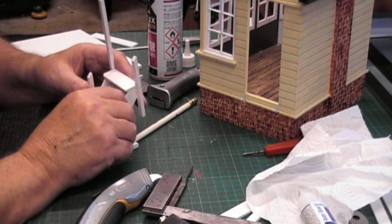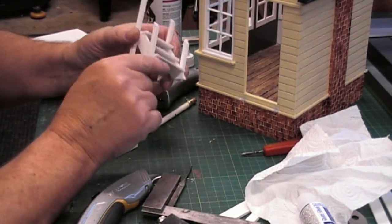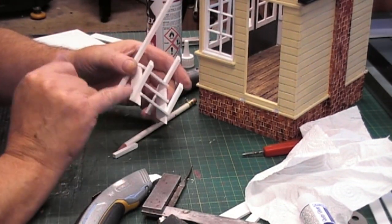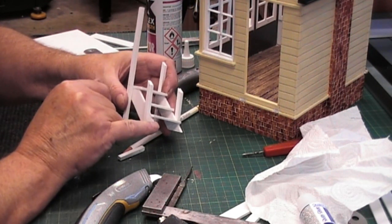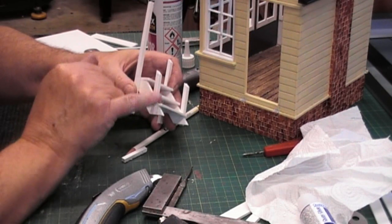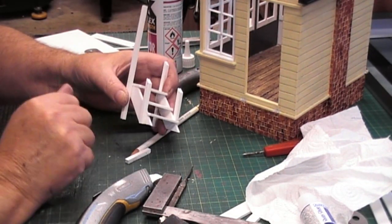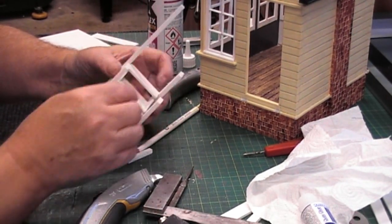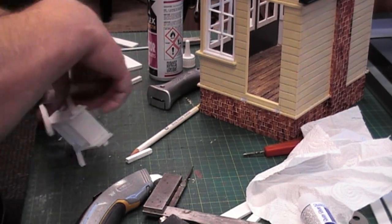Right, so what I've done now is I've glued the back ones on, and I've glued some front ones on, making sure they're parallel. Everything on the steps, these angles, is 45 degrees. Now I will put that down so you can see that bit. So what I've done is I've measured what I thought was a nice height for somebody to stand and hold the rail, cut that at 45, and to get that one, I do a little simpler method,